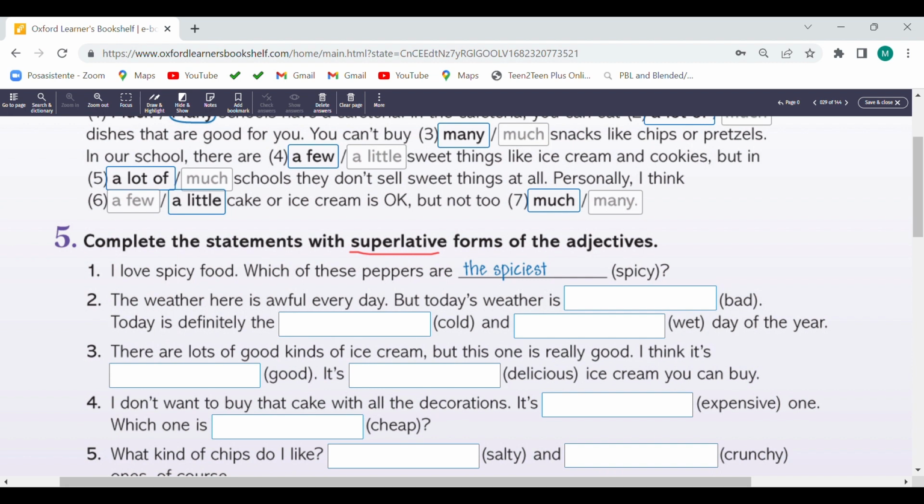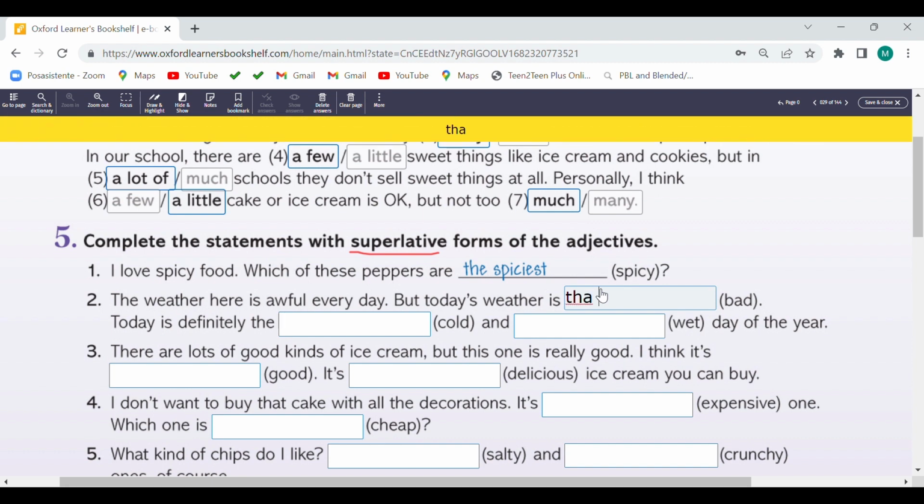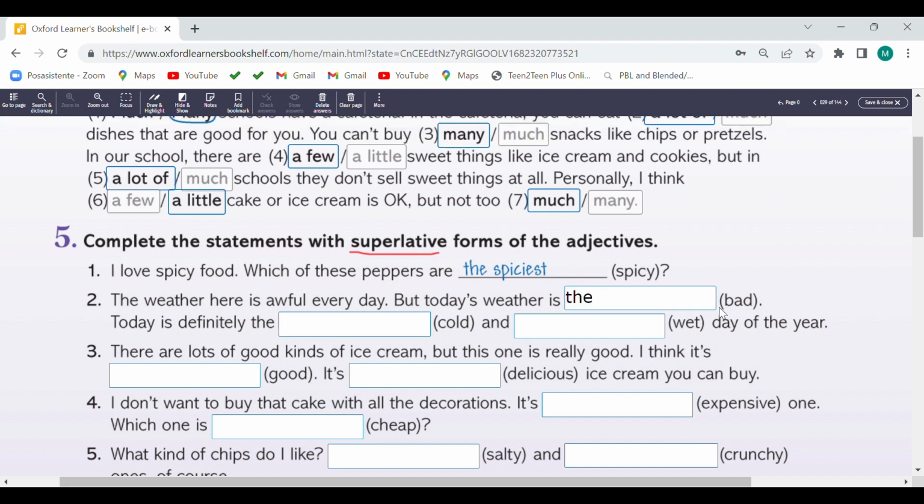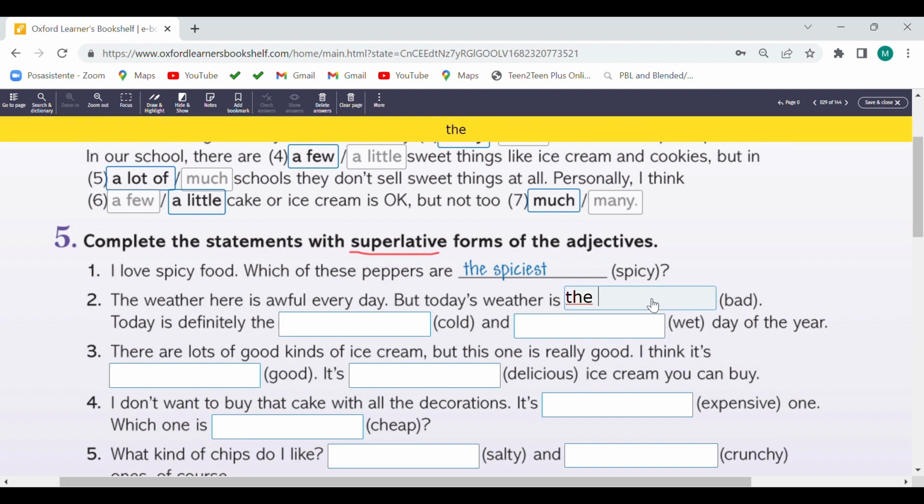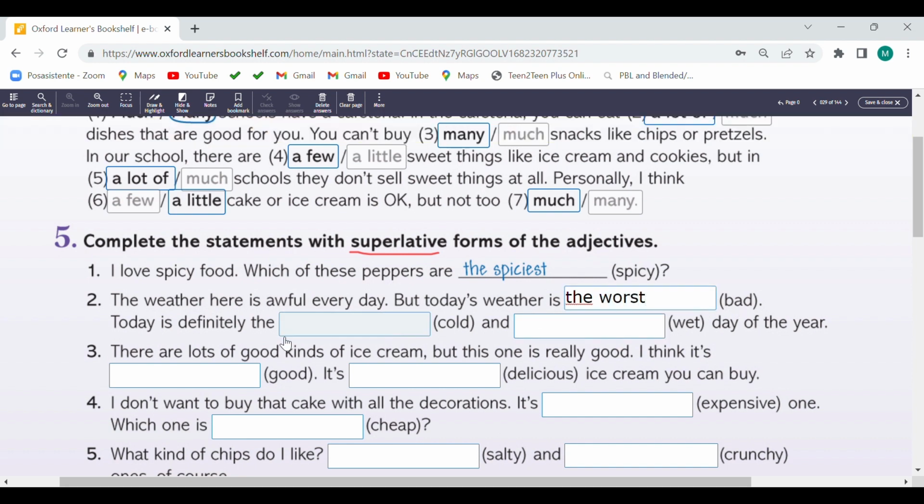Exercise number 3. Complete a statement with superlative forms of the adjectives. For example, spicy, the spiciest. What is the superlative of bad? Worst.